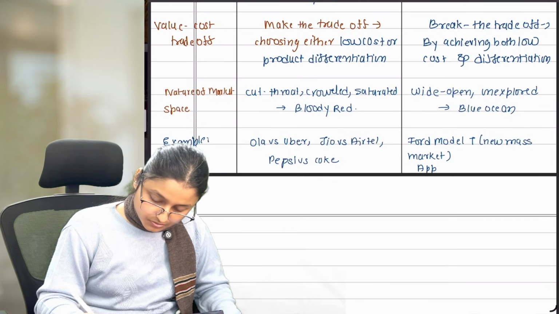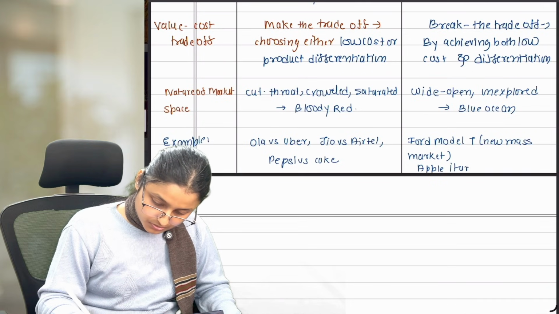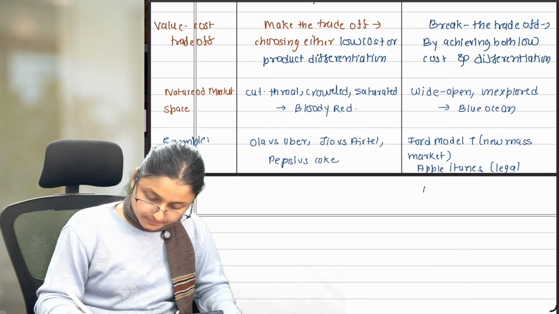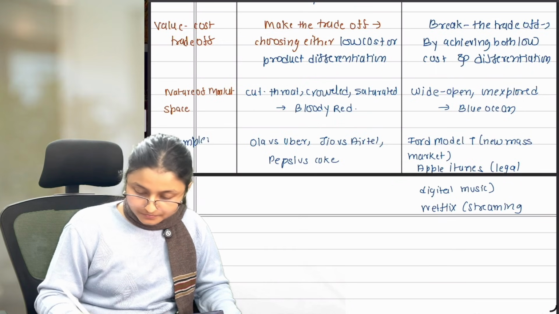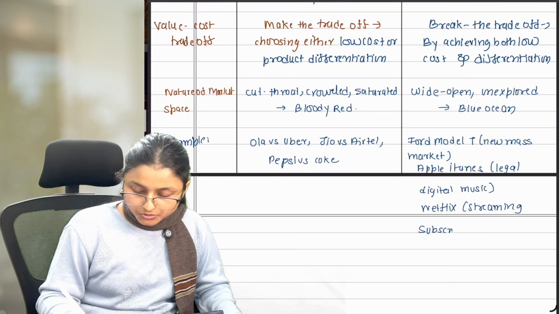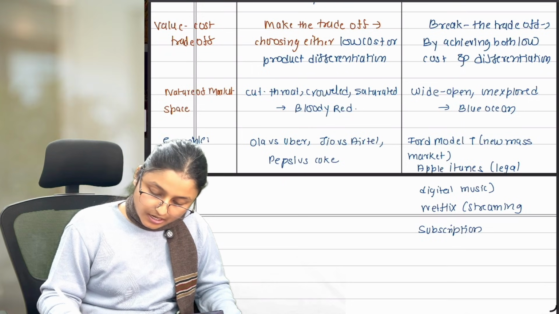Apple iTunes, legal digital music, and last is Netflix, streaming subscription model. They were the first one to do that, and hence they are covered under value innovation or